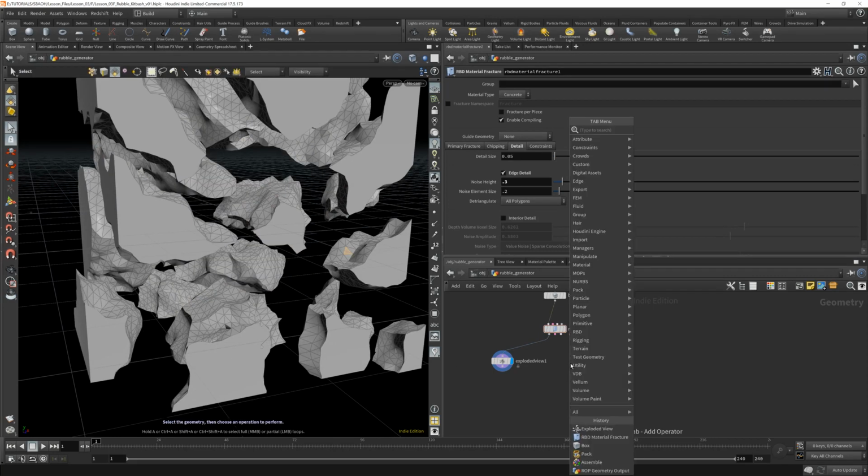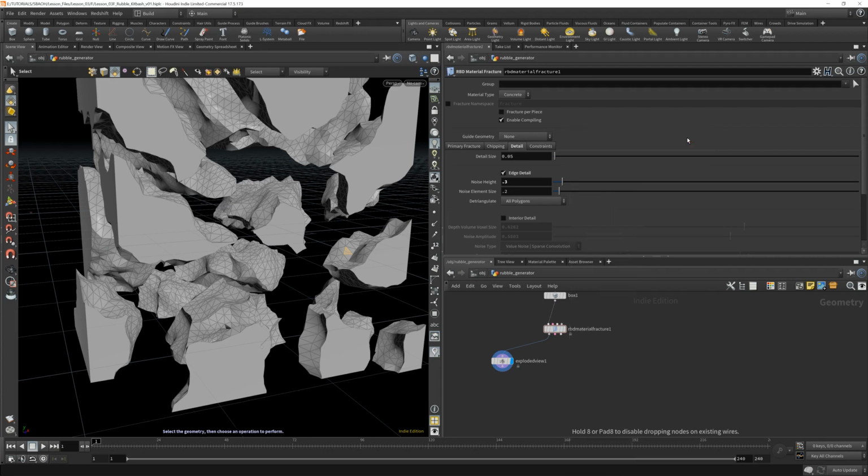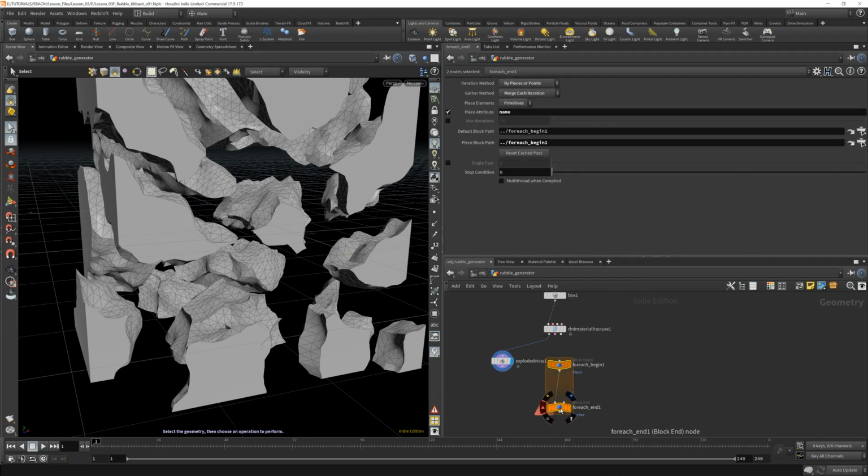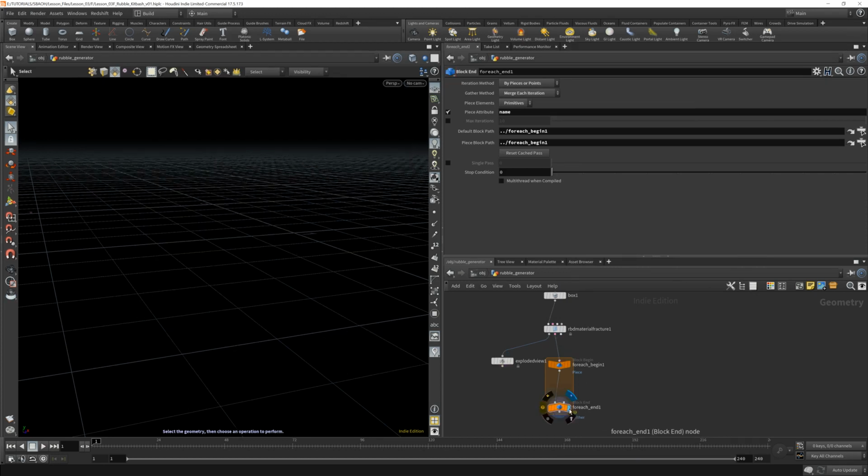So let's do that. Hit the tab key, start typing for each, and you can see our second option is for each named primitive. If I click that, you can see that by default, if I go to the for each end, it is looking for primitive piece elements, and that piece attribute is name, which exists up here. So if we wire this in, and I just select